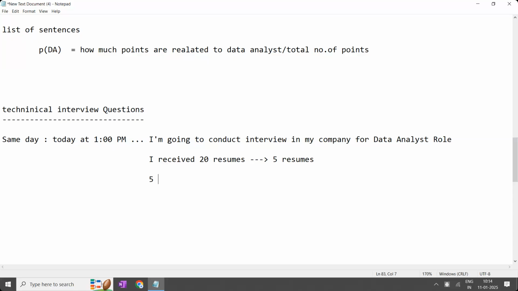Now, in this case, can I ask same questions for every person? At least now in this case? Yes or no? Generally, we'll ask like that, same questions? No, because when we ask one particular student any question, whatever answer he gives, based on that the next question will be decided. Do you think all the people will give the same answers? Do you think all the students will do the same kind of projects?